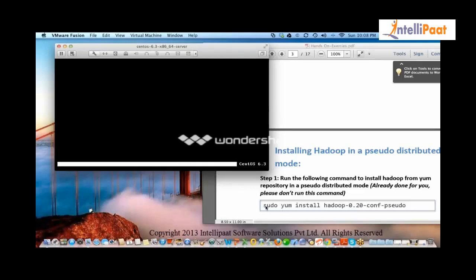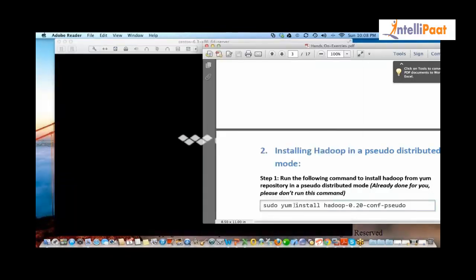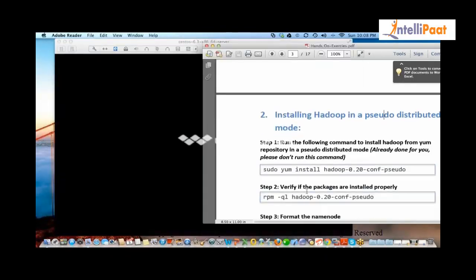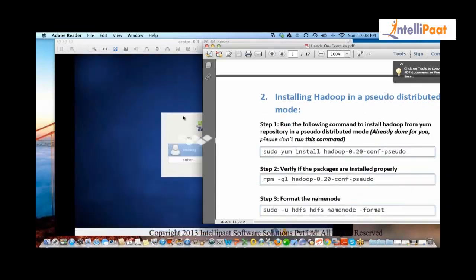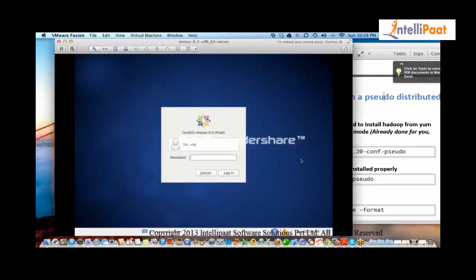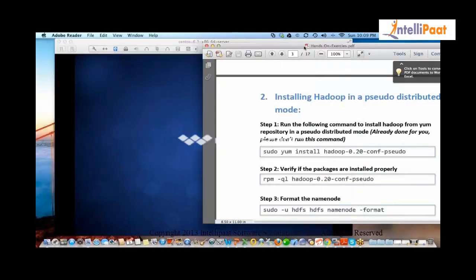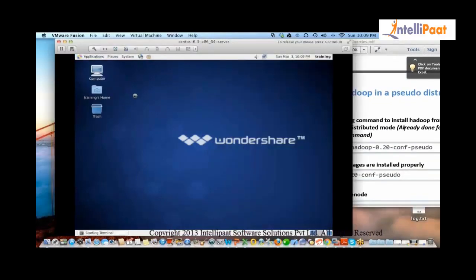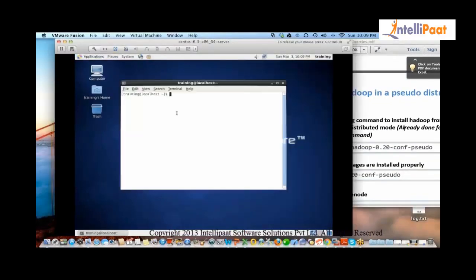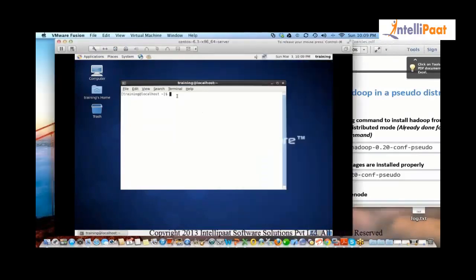This command is as good as what you just ran for yourself. It took some time, right? The first command that we ran is like installing something. In this case, you tried installing, and it was a few hundred MB. Similarly, Hadoop is around 80 or 90 MB, and that's why I have pre-installed it for you. Now, after Hadoop is pre-installed, let me quickly look at command number 2, which tells me whether it has been properly installed or not.